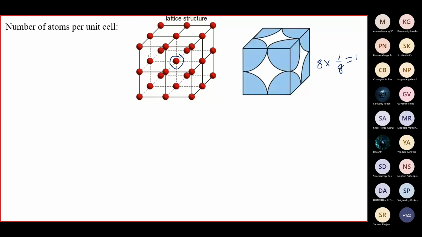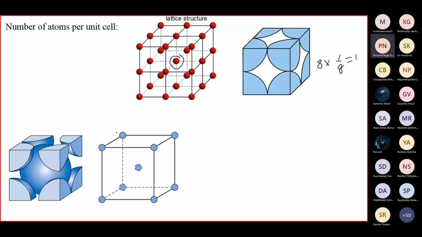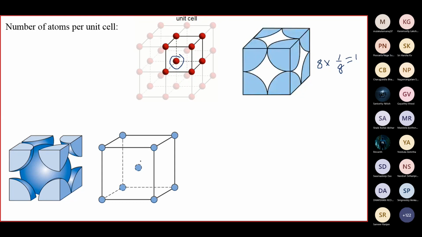The atoms at the corner again continue to be shared by 8 surrounding unit cells, whereas the atom at the center of the unit cell, the center of the body, is why we call it the body-centered cubic cell, BCC. That atom located at the center doesn't belong to any other unit cell. It belongs only to this particular unit cell. So what is the total number of atoms there? 2. 1 because of all the 8 corner atoms, 1 because of the center one.